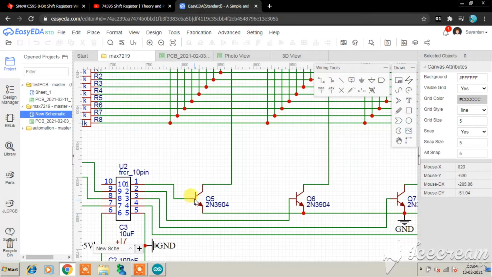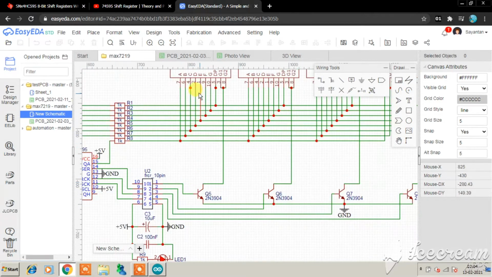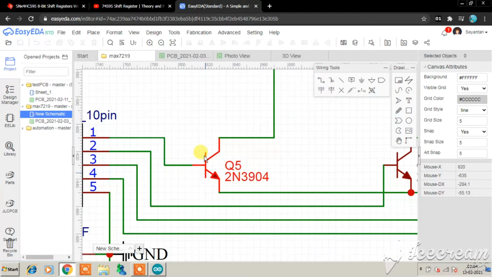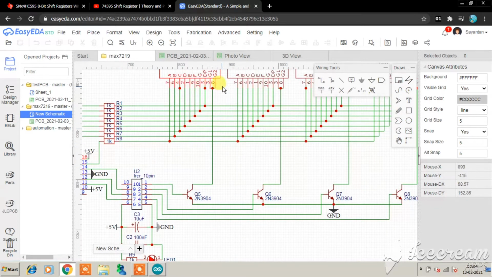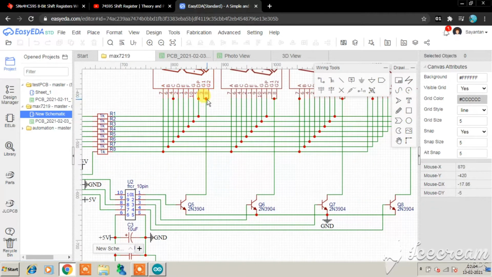Now taking the example of this first digit, this is the NPN transistor, and you can see that the cathode of this common cathode LED display is connected to the collector of this transistor. Therefore, as you give a high signal onto this transistor, it will pull the collector to ground.